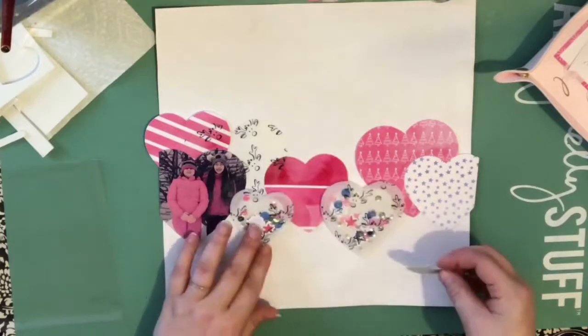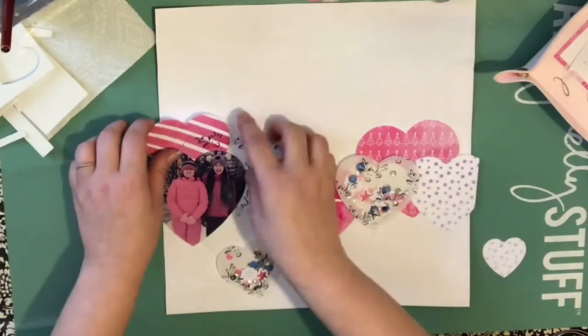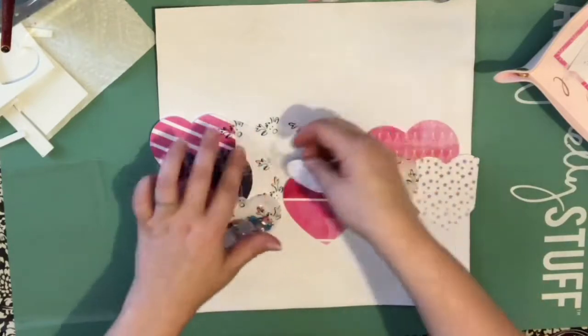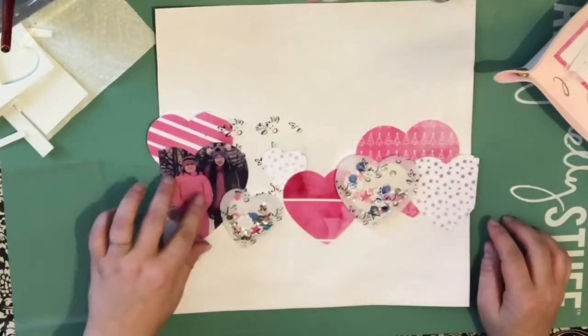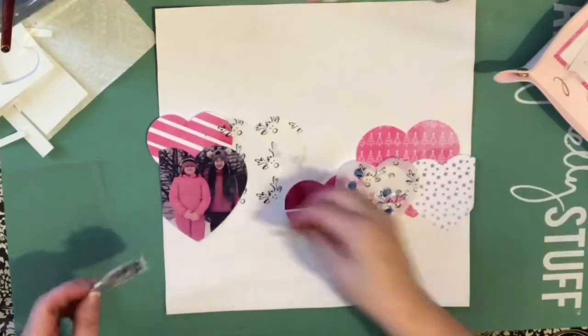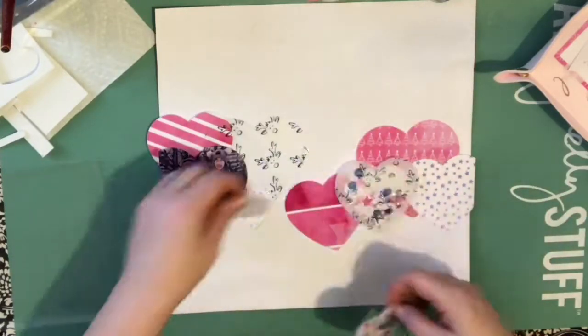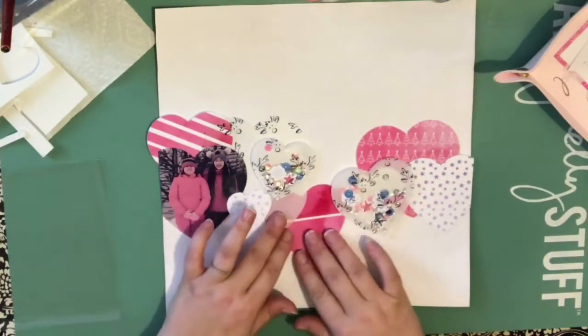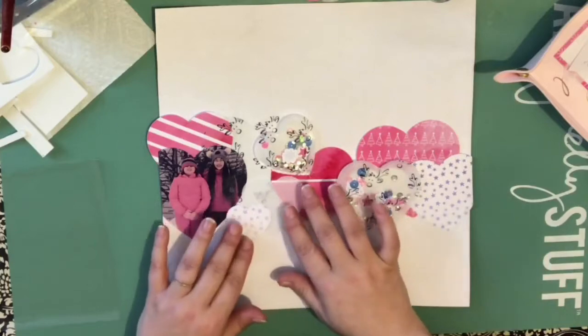And my thought was that I would just layer these across the page. And you can see the photo that I have to the left. I also cut that out of the largest heart in the die set. So I am just trying to scatter the color of each heart, and obviously I wanted the shaker pocket hearts